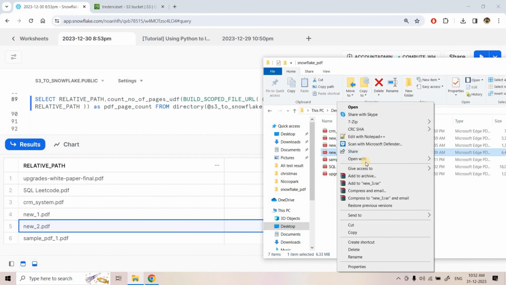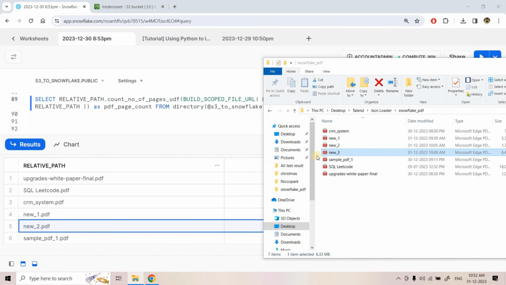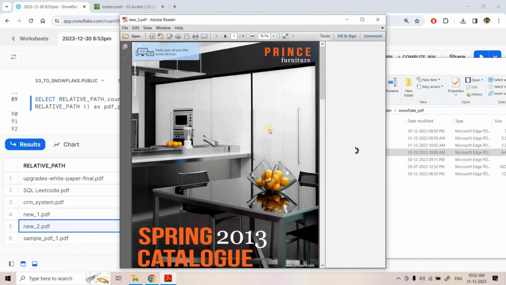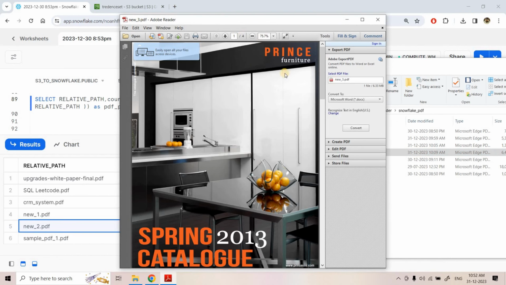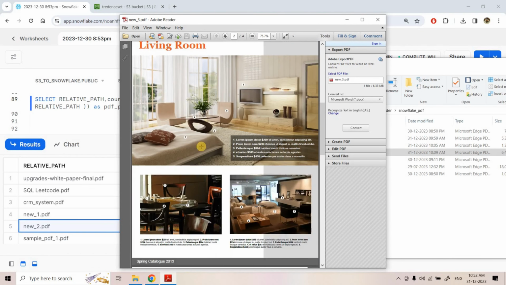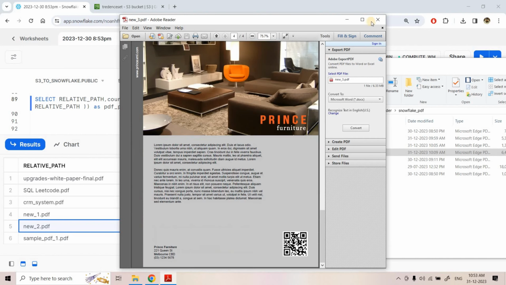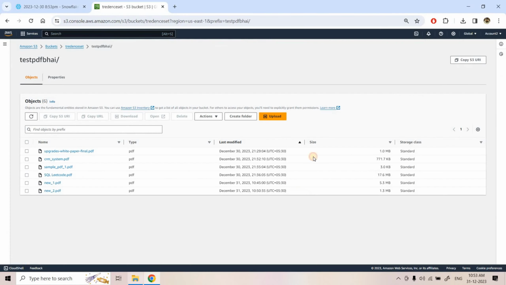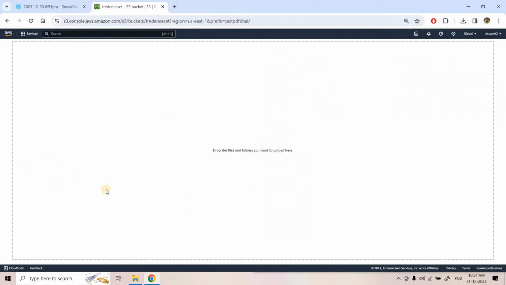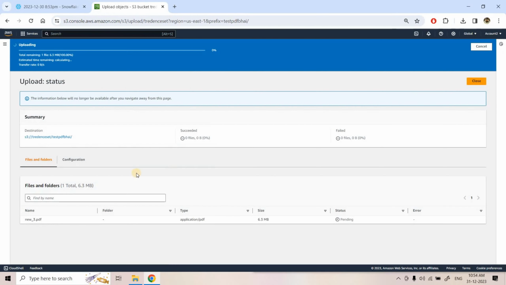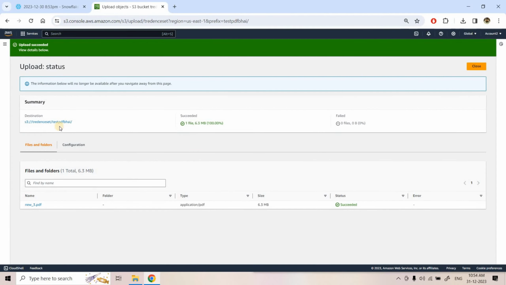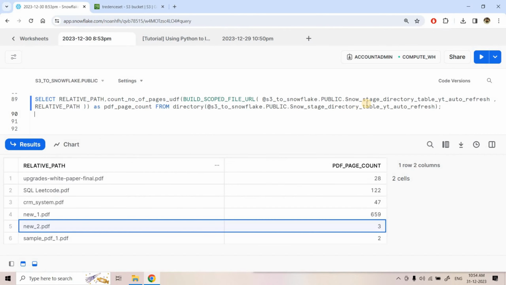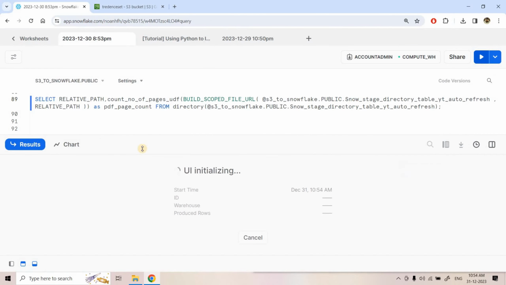Now let me show you another event driven situation. Suppose I am uploading this particular new3 PDF file, which has 4 pages in it. Here is the first page, then the second page, third page, and fourth page, right? So let's see. I will choose the new3.pdf file and upload it. Here it got uploaded. Now if I execute this particular code,